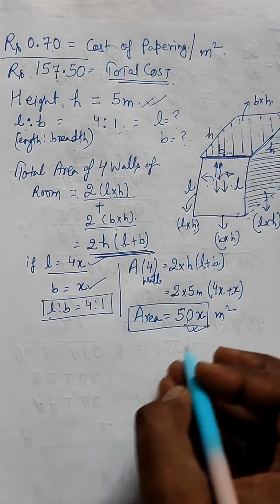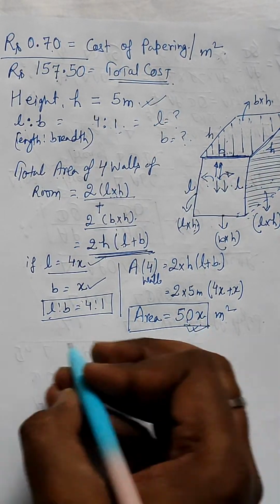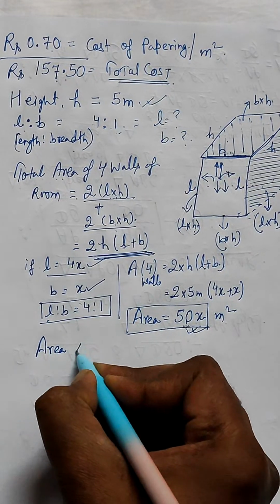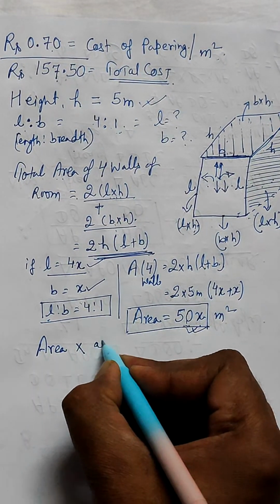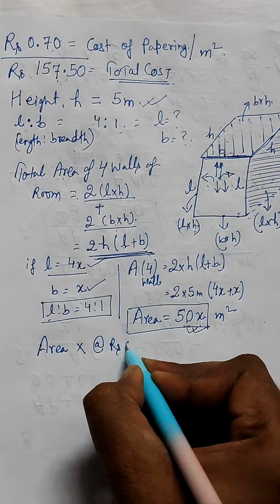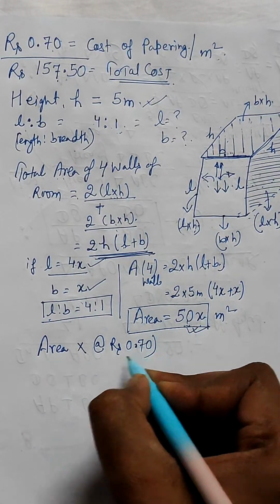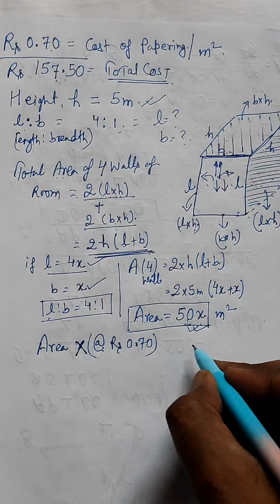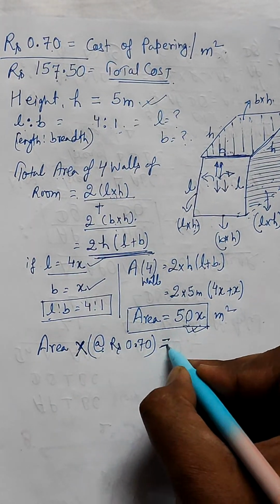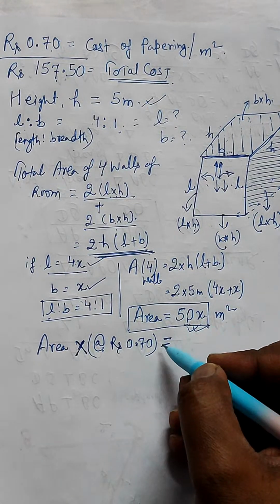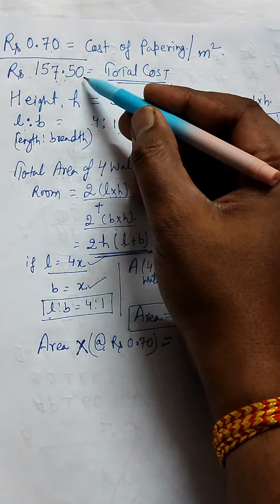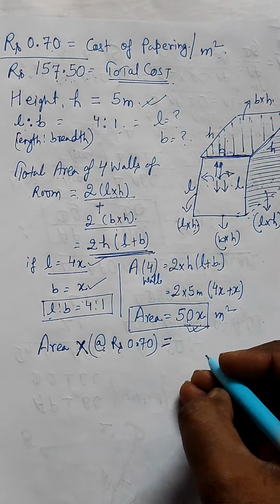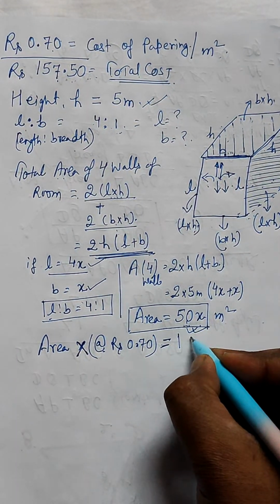Now if this is the total area, then this area into rate, that means at the rate of rupees 0.70, when this is multiplied, you will get the total cost. What is the total cost? 157.50 is the total cost of wallpapering. So this will be equal to